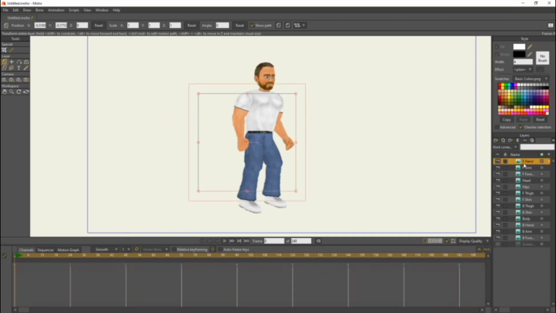Now, after you have all this done, you're going to come up to the front hand, highlight the front hand, and we are going to come here, right under layers, and click on new layer. Then you're going to come down to bone. Click on new layer, then bone, and it should create a bone layer. We're going to name this Steve because this is our character. So you should have a new bone layer named Steve. Nothing should pop up, but it's there.